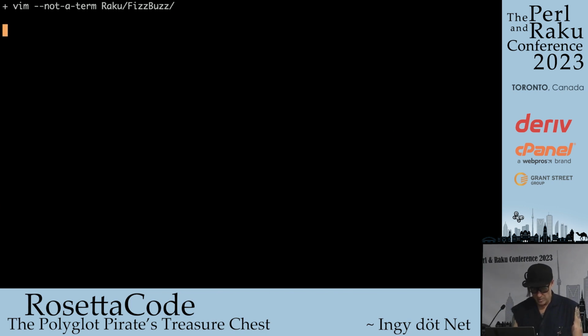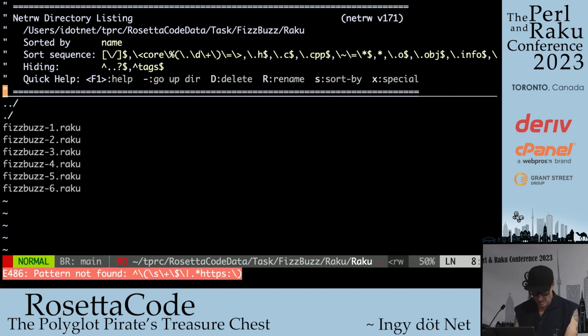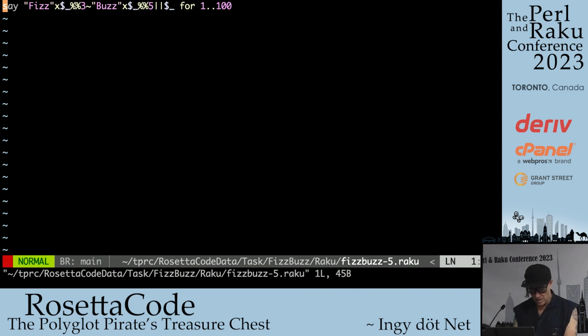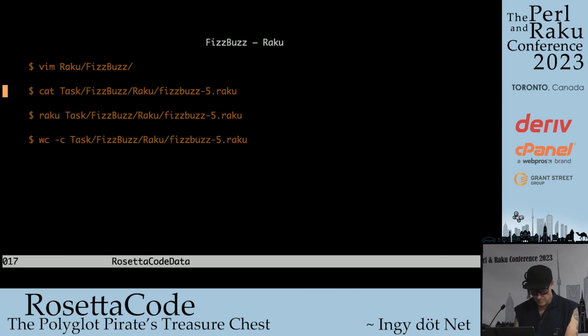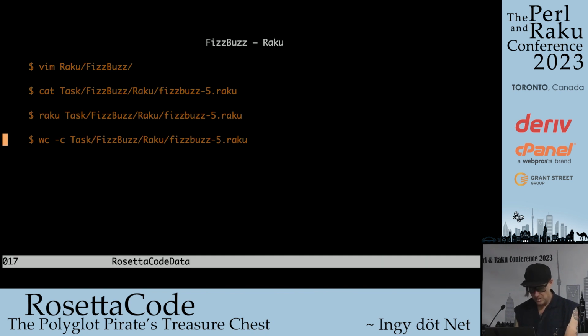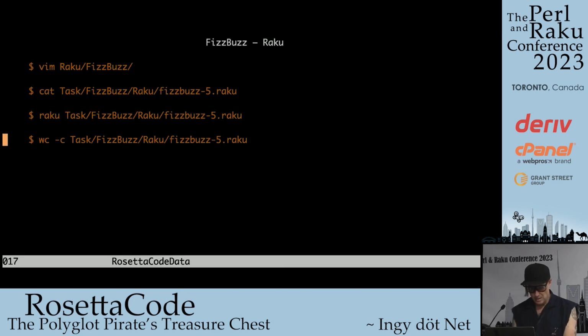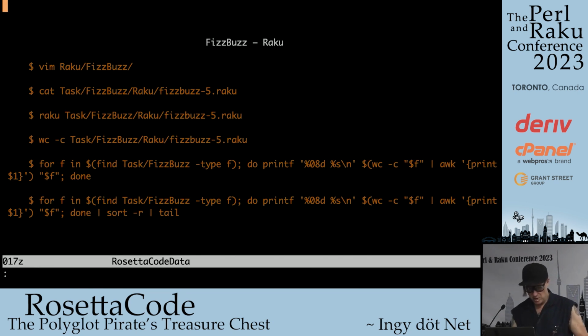As we saw before, I think there were 6 Reiku implementations. Number 5 is the one of interest to me, because it was the shortest when I wrote it. And let's see if it works. Yeah, it works fine. Let's see how many characters it actually is. 45, including the new line. So let's go to the next page.